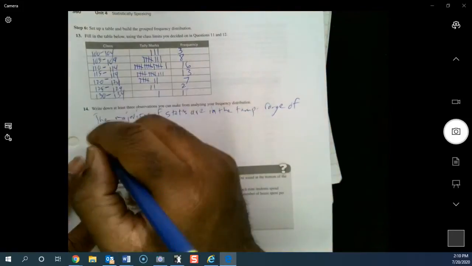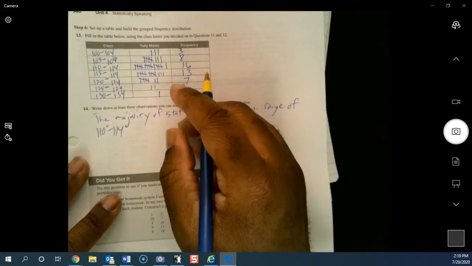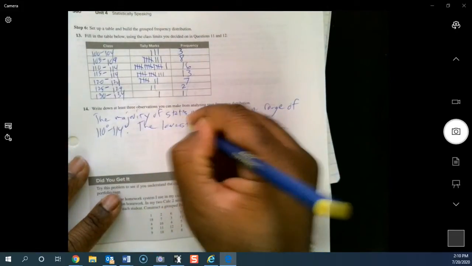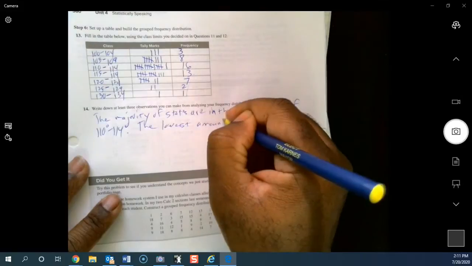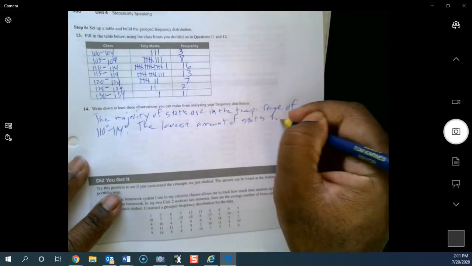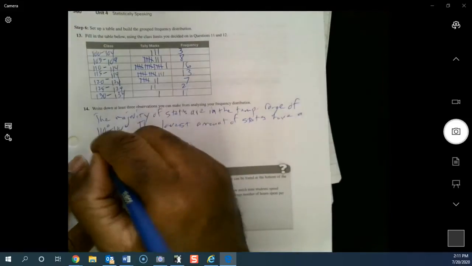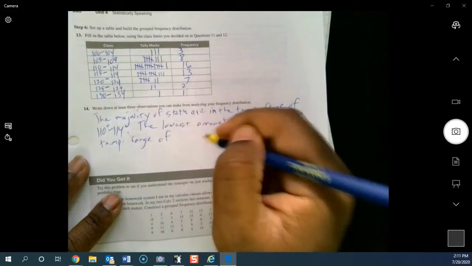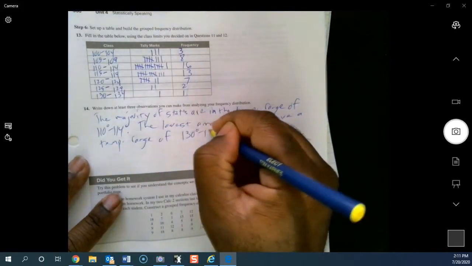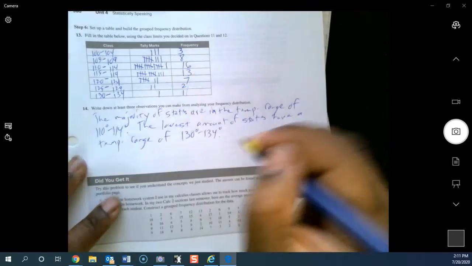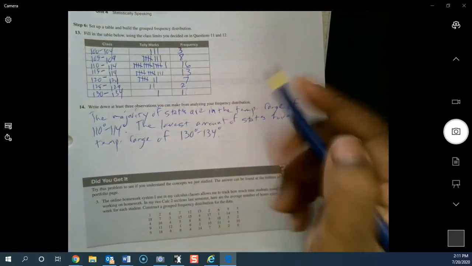(110 to 114). Then we can say the lowest amount of states have a temperature range of 130 degrees to 134 degrees. And then if you notice here,